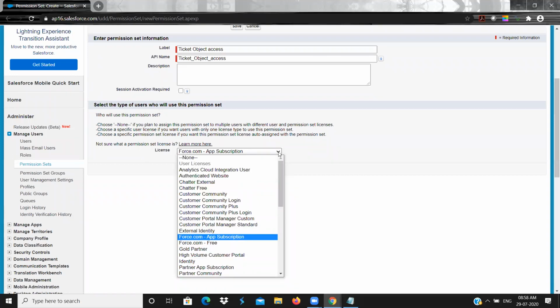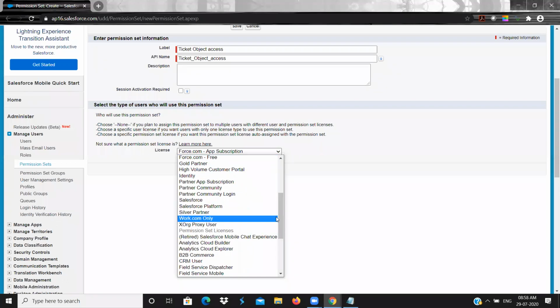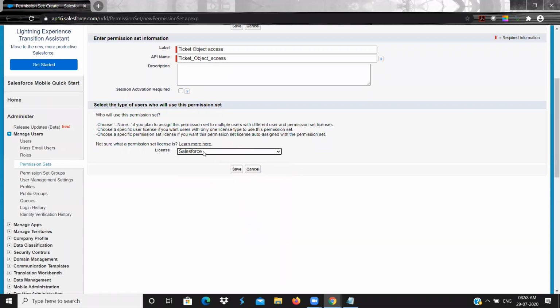If you don't want to use it based on the license, then no problem, you can leave it as none. I'm going to use it based on the license only, so I click on Salesforce license. Next, click on save.